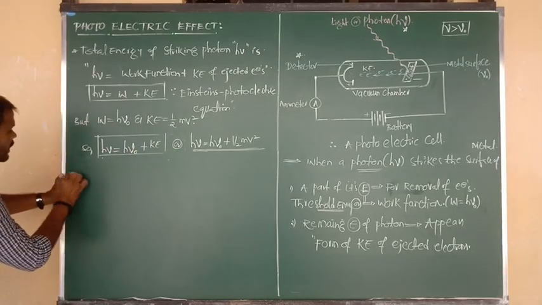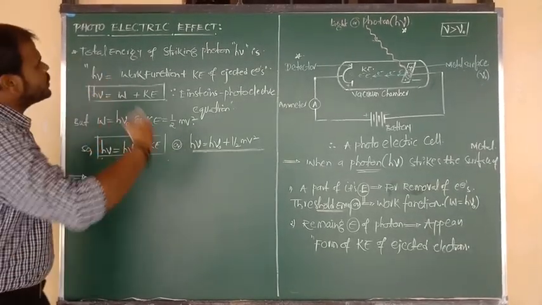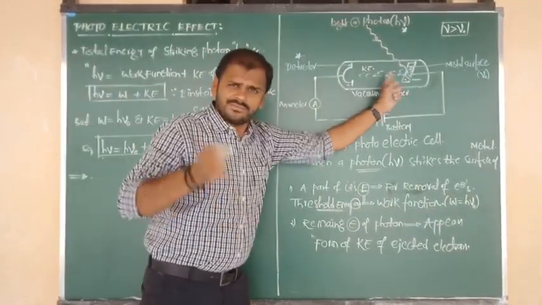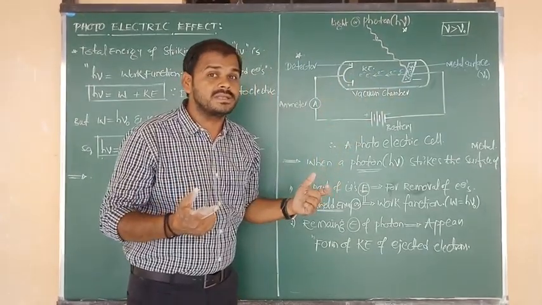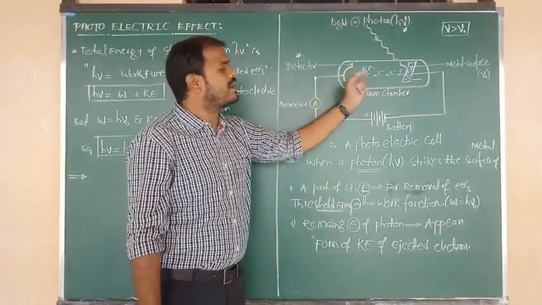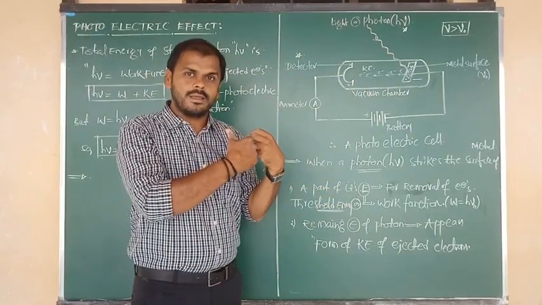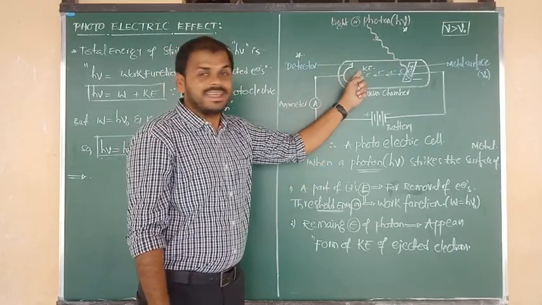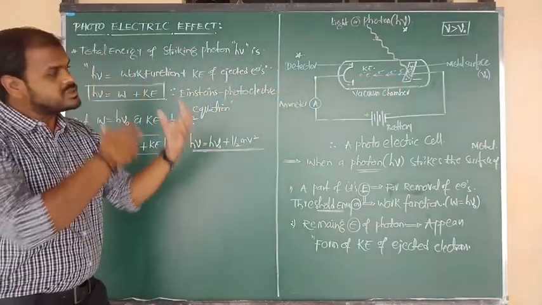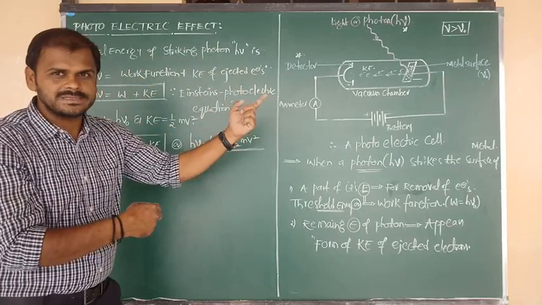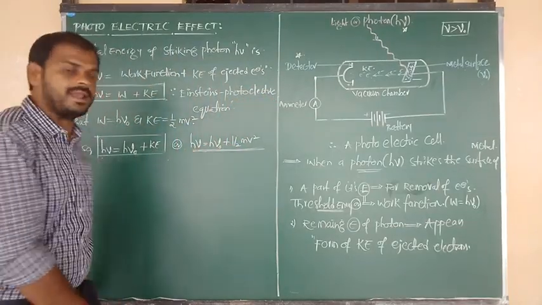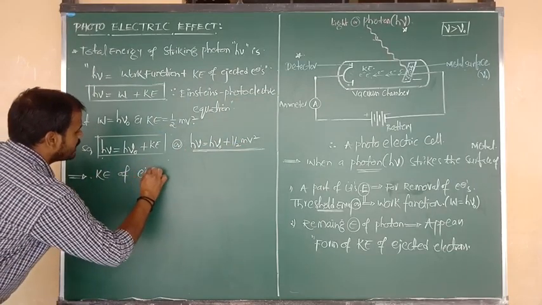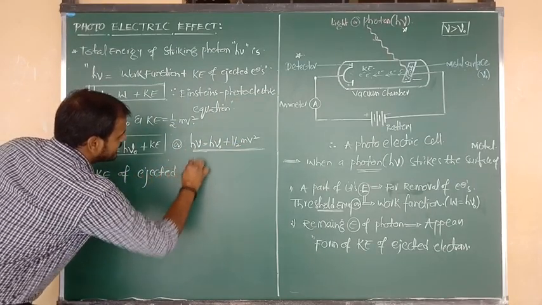Okay, but listen carefully. From this photoelectric effect, they are going to ask you a question. A part of the energy we utilize for the removal of the electron, but the remaining energy is released in the form of kinetic energy of the ejected electron. So they are going to ask you: what is the formula to calculate the kinetic energy of the ejected electron? Such released electrons from the metal surface contain kinetic energy. So that final formula I want to tell you now. Formula to calculate kinetic energy of ejected electrons.